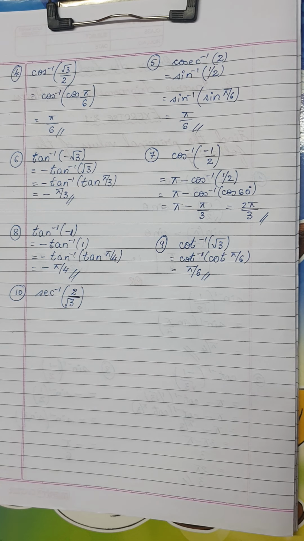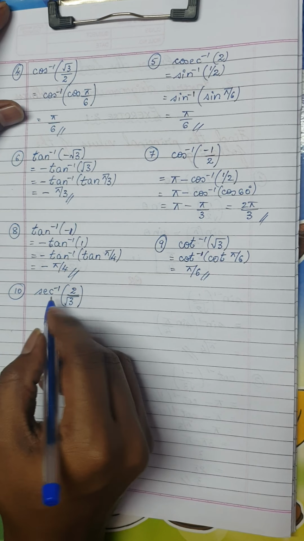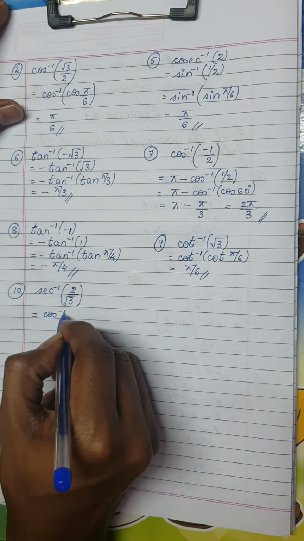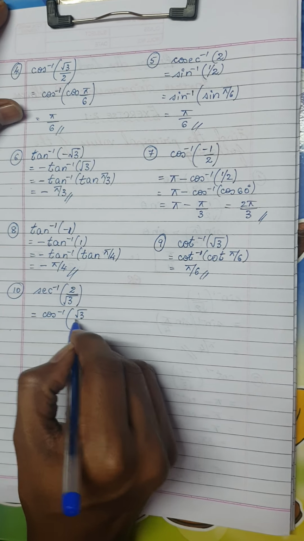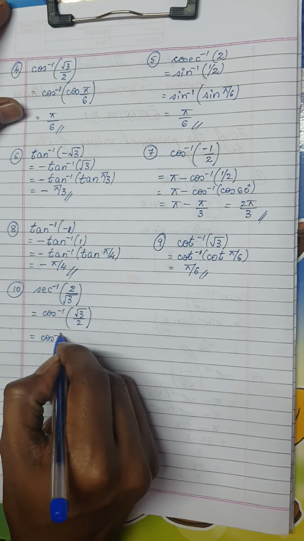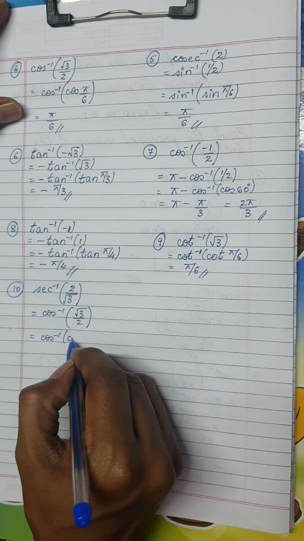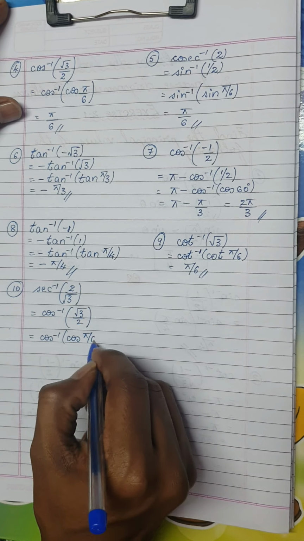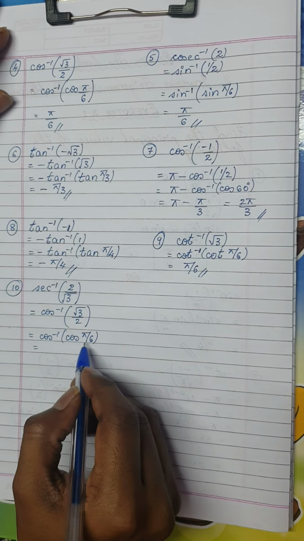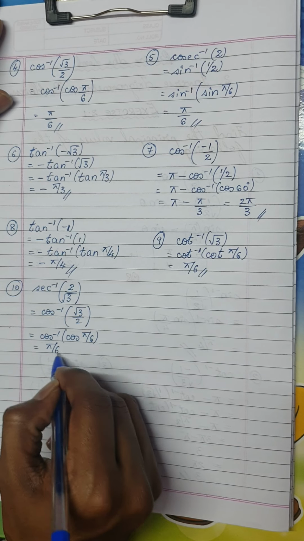If you consider the next question, I have secant inverse of 2 by root 3. Sometimes students are not comfortable with secant inverse. So secant inverse can be written as the reciprocal, that is cos inverse. So you can write it as cos inverse of root 3 by 2. So this is nothing but cos inverse of cos of what value is root 3 by 2? We know sin 60 is root 3 by 2, so definitely cos 30 is root 3 by 2. So 30 degrees means pi by 6. So cos inverse and cos can be cancelled because it is in my range 0 to pi closed interval. So it is left with pi by 6.